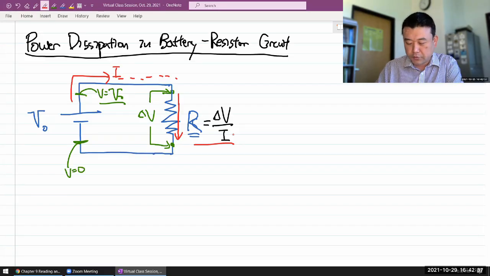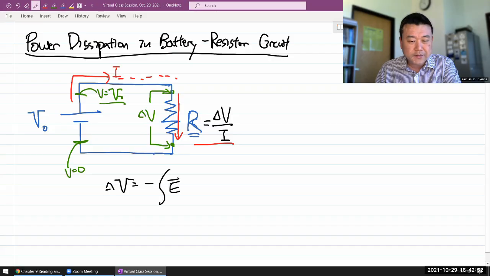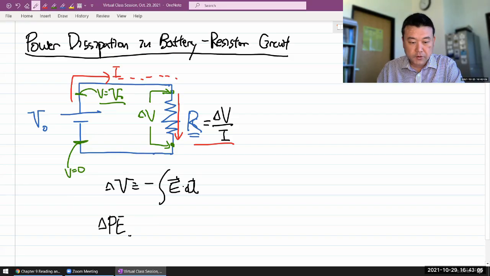It goes back to our introduction of electric potential, like a week or two ago. In our introduction of electric potential, we said a lot of things. We said things like, oh, difference in voltage, it comes from this, E dot dl. In fact, that was our definition of voltage. But we also introduced the other relationships, like the relationship between change in electric potential energy and the difference in